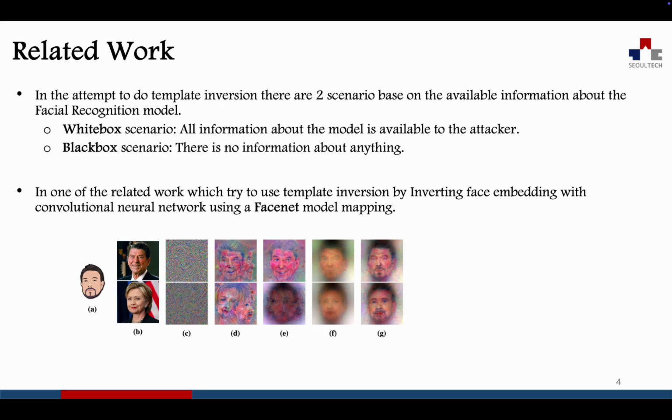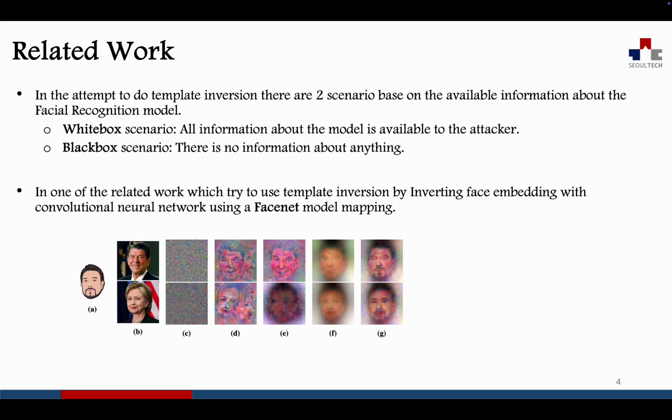In one of the related works, the template inversion attack used a FaceNet model mapping, which provides an example face and then two embeddings, and then uses those embeddings to generate a new face following that example. As we can see, the output might be close or might not be close depending on the embedding,